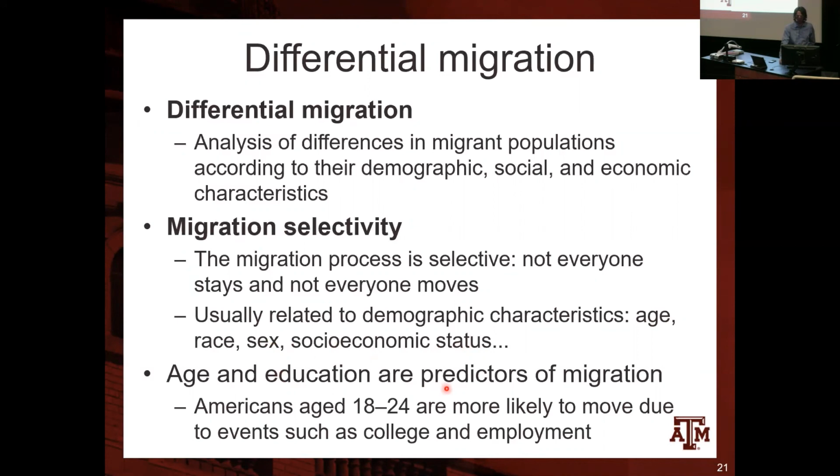Age and education are great predictors of migration. Americans aged 18 to 24 are more likely to move due to events because of initiating college or getting a job, right? That's what's going to happen to Patrick at the end of the semester when he graduates from the